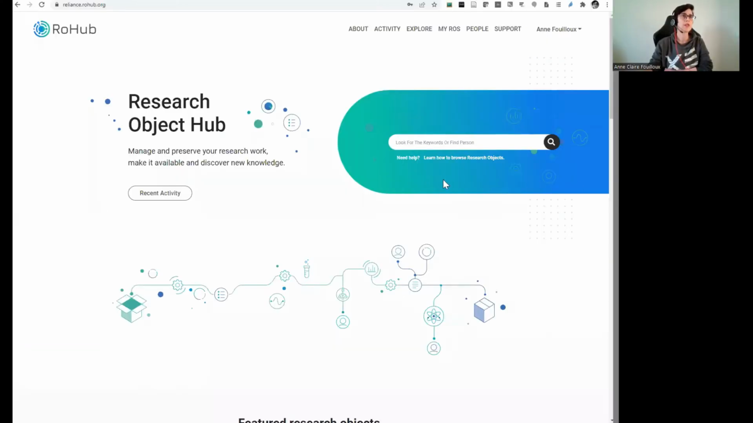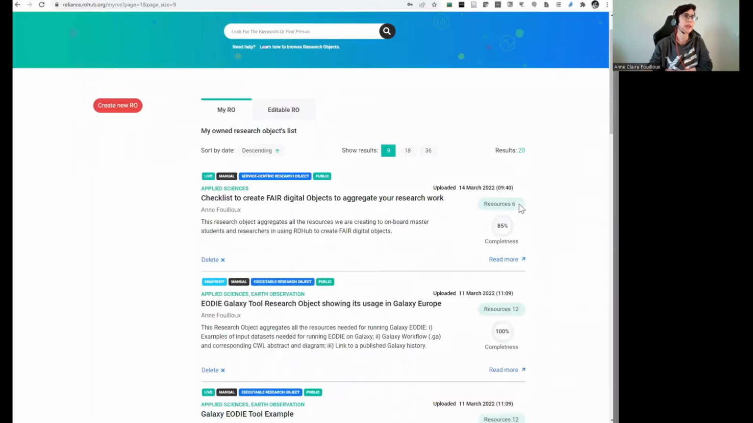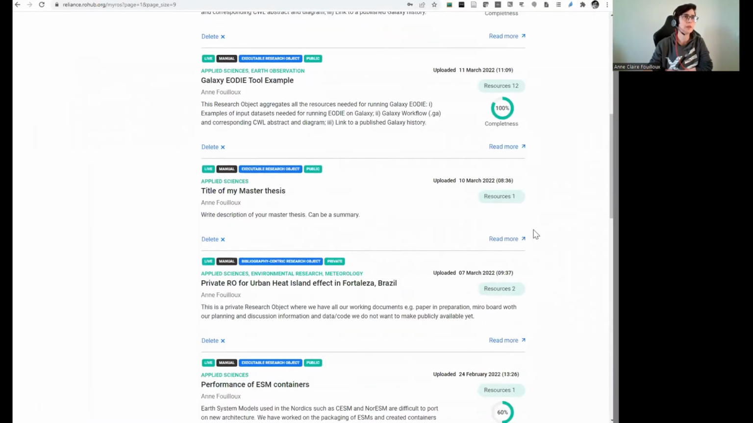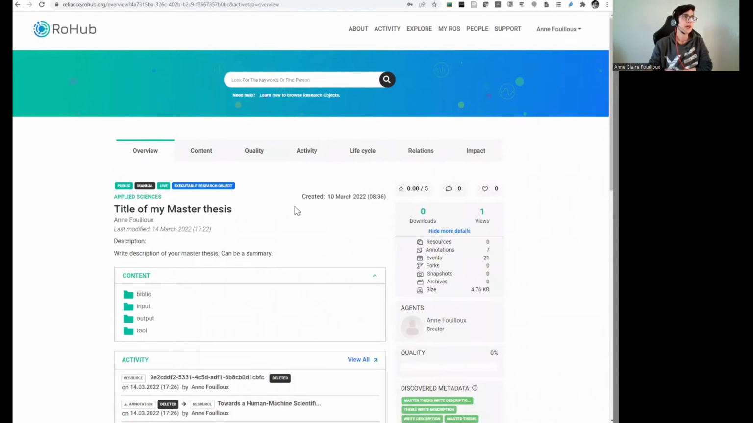Hi everyone, in this short video I will show you how to add bibliographic information into an existing research object. I'm already logged in. I go to my arrows and I will select the research object. I want to use this one and I will go in the content folder